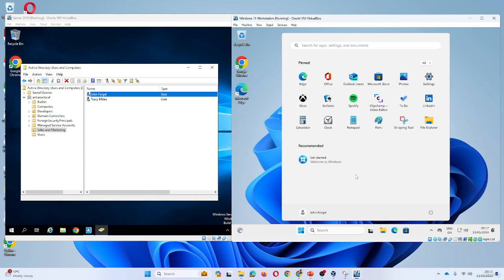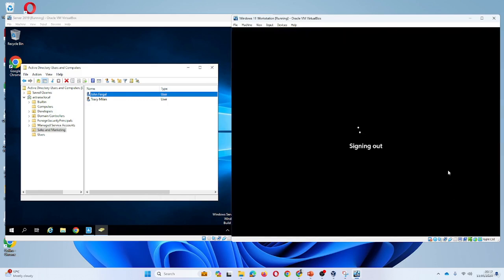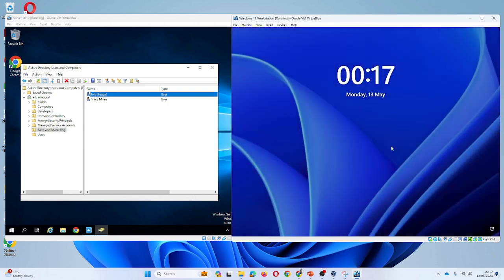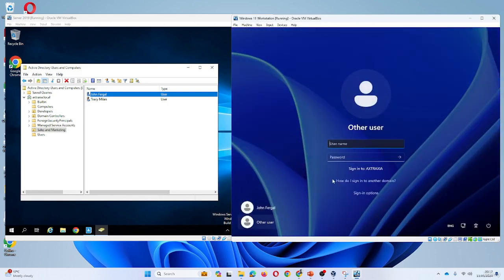This validates that we now understand the concept of having a centralized system that can be used to manage users on computers, just like we've just done. This way, if this machine is not being used by John, any other person within the company can also log in. For instance, Tracy can also sign in on the same machine. If John signs out and Tracy wants to sign in, Tracy can use her own username and password,